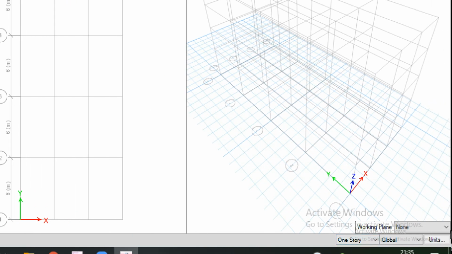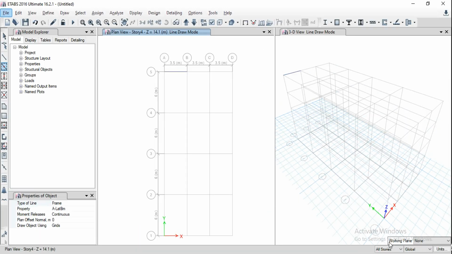At bottom right we are going to have unit settings and the direction and stories. Right now I'm going for one story, and if I want to apply for all stories, just click on all stories here. Next, if I select this line, for example this last third line, you can observe here you are getting beams in all the stories. If you want to apply columns, you can click on the intersection junction of the grids, so the columns will be assigned here, or else you can simply highlight the junctions like this.